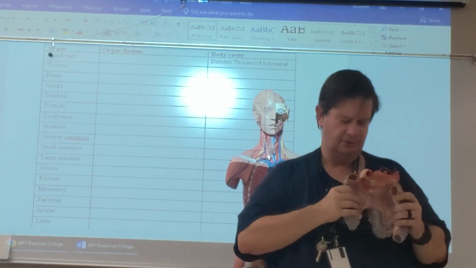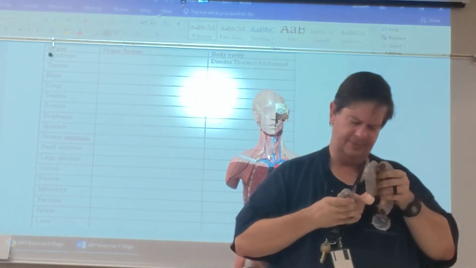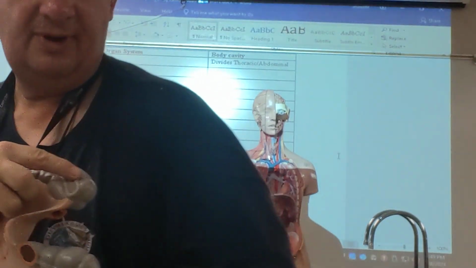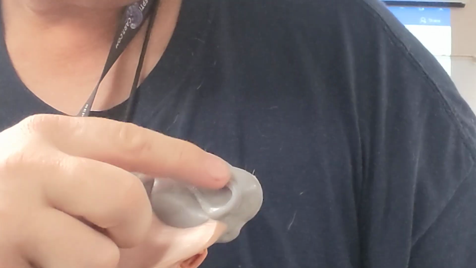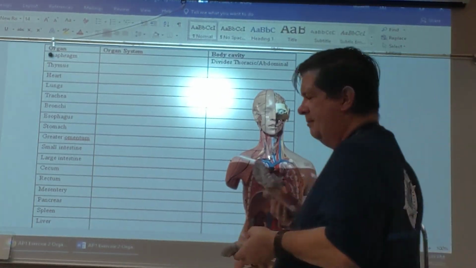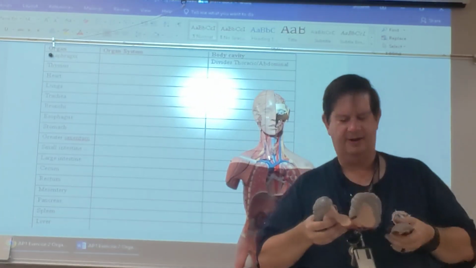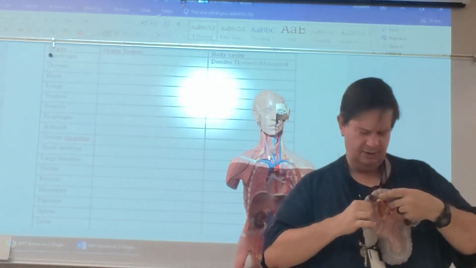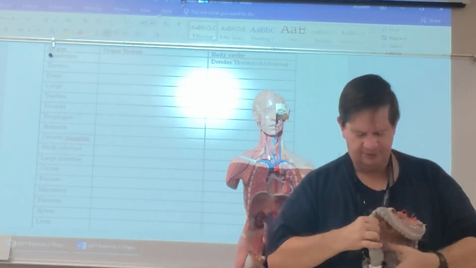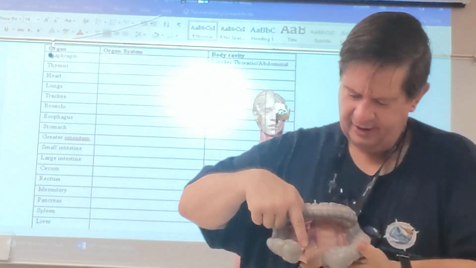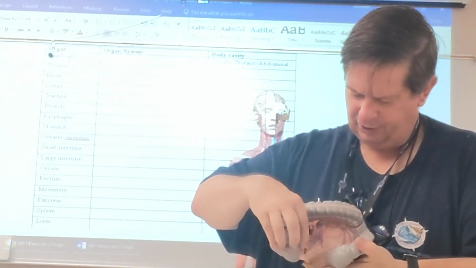The large, we have the cecum, and I want you to see a little piece of it right here. Looks almost like a little worm going on there. That's your appendix. Or in old anatomy books, they probably call it the vermiform appendix. It means in the form of the worm. That's the cecum, okay? The ileocecal valve controls the flow from ileum into the first part of the large intestine